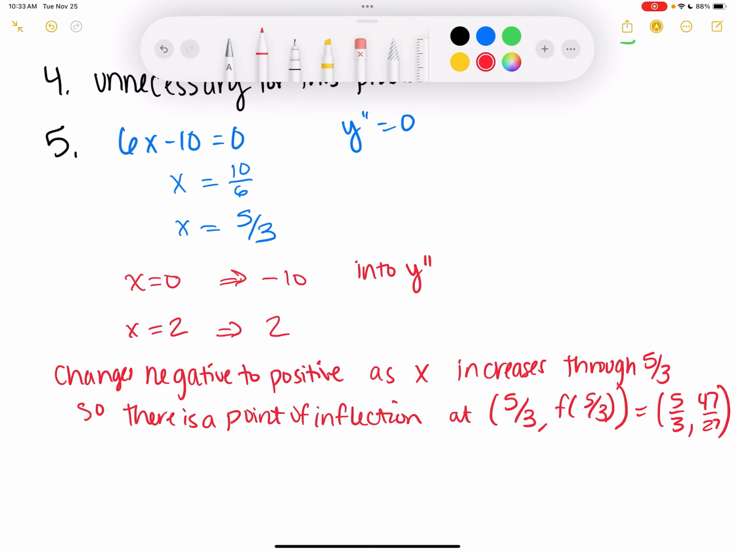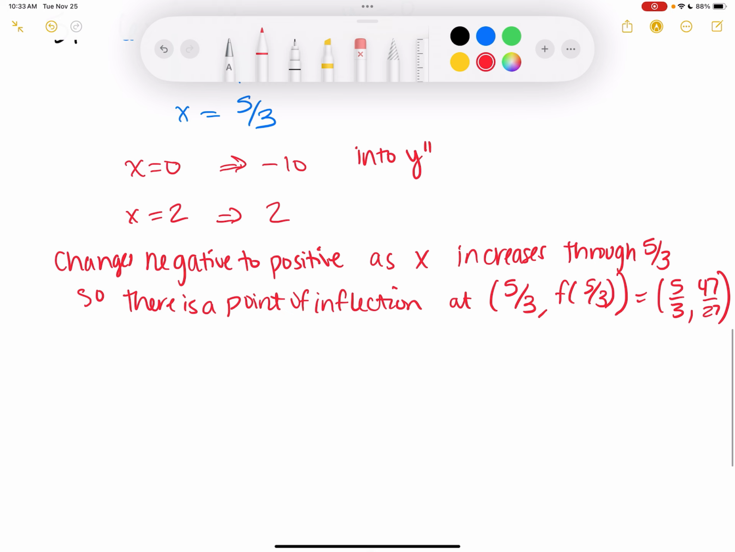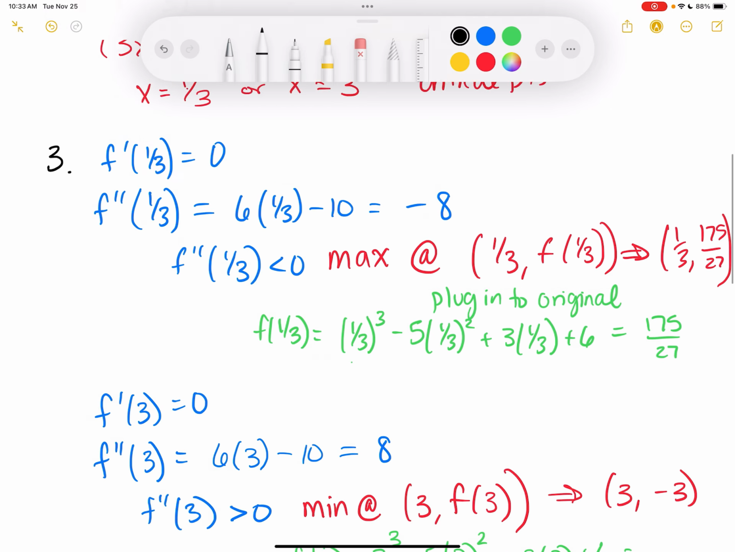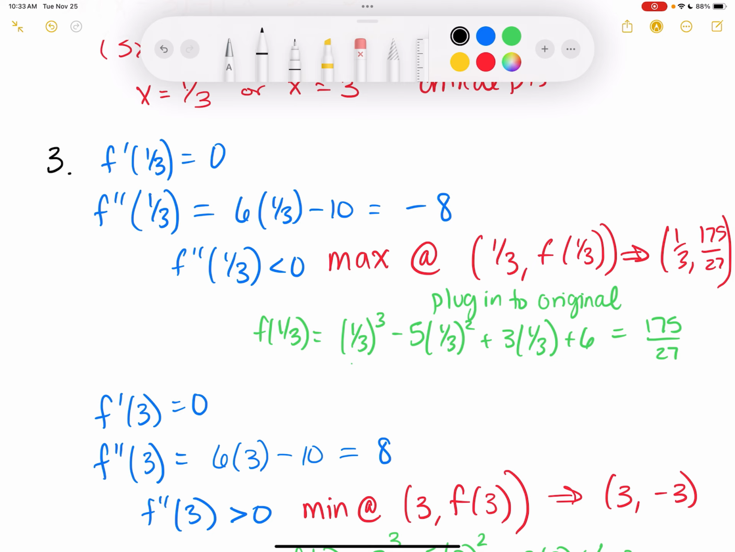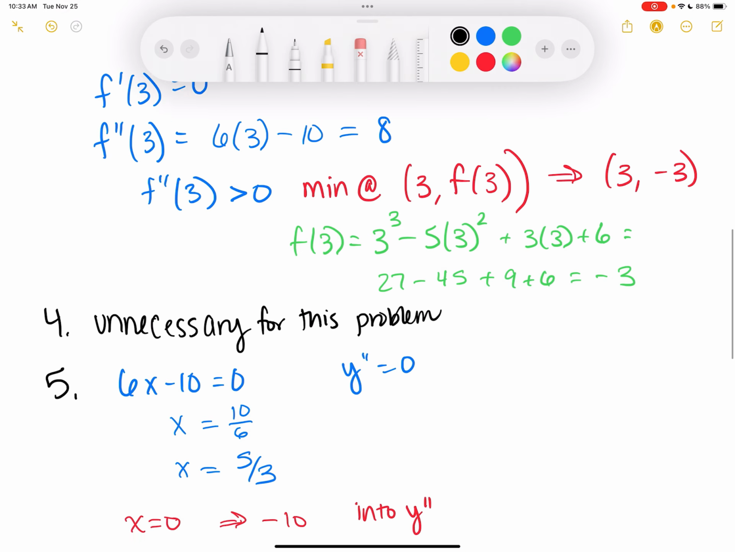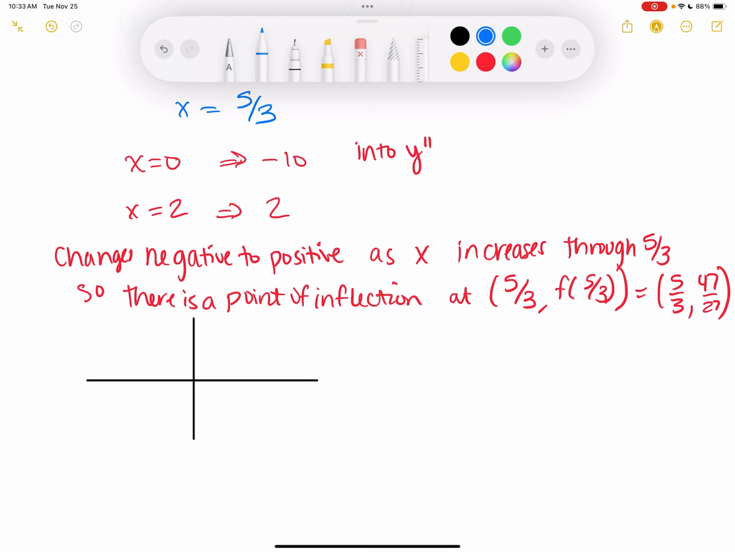So with all of that information now, I could sketch a graph of this roughly with the information that I have. I know that I have a max, where is it? At 1/3 and 175 over 27, which I think we said was like 6 point something. So I could say, okay, well, I have a max somewhere up here, and I'm just doing a very rough sketch. I know that I have a min at